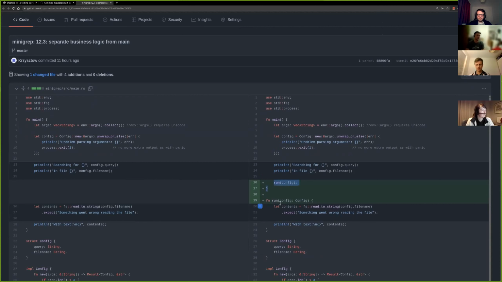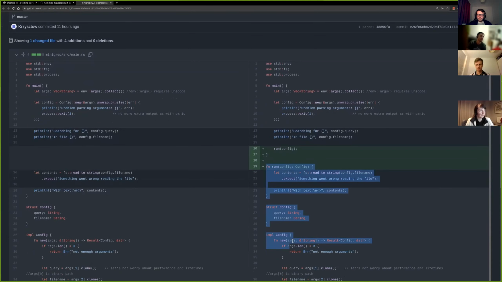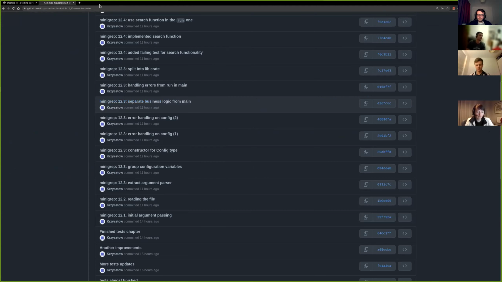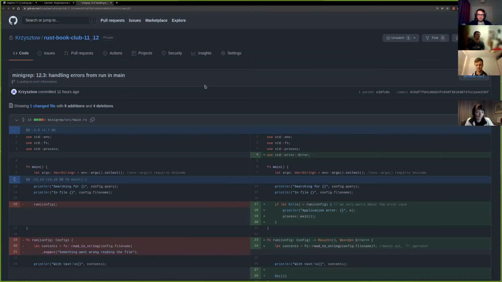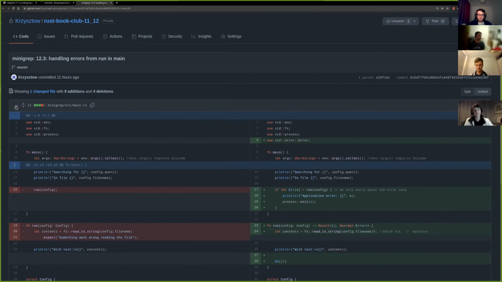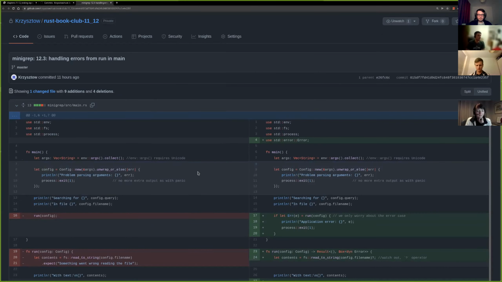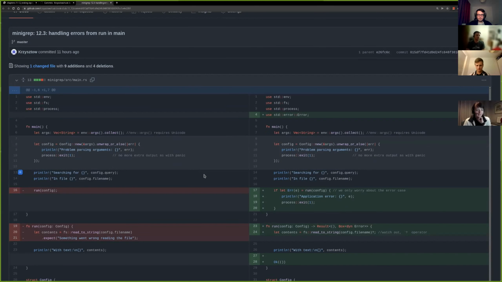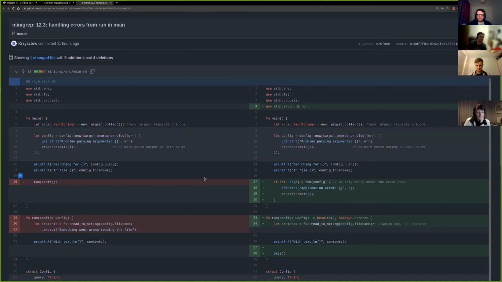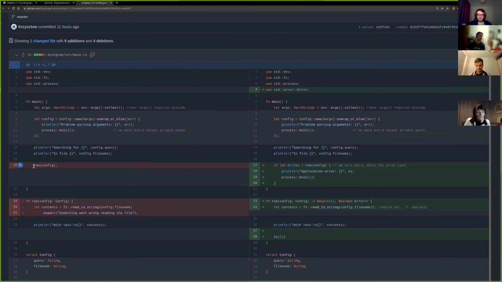Nothing really fancy, but you will see that later on we will be able to extract all of this into the library itself, which is going to be testable. Yeah, so next step, they basically said, okay, now this function that we just extracted,